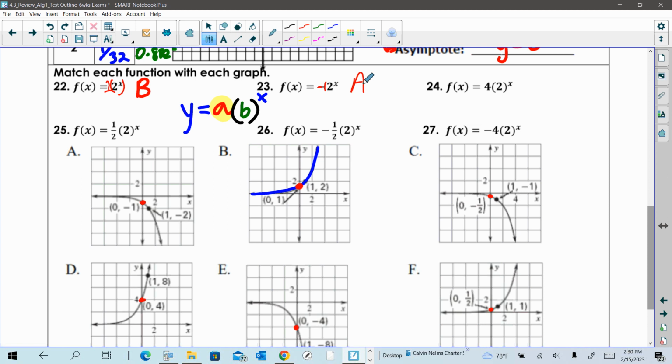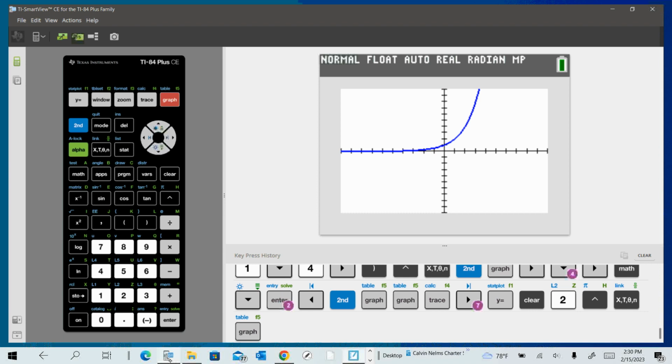If you use your calculator, you can check it that way as well. But we should end up having A. This one was D. We should have F here. It's positive, and it's a 1/2. Then we should have C for 26 and E for 27. Do your matching. You could always use your calculator to look at the